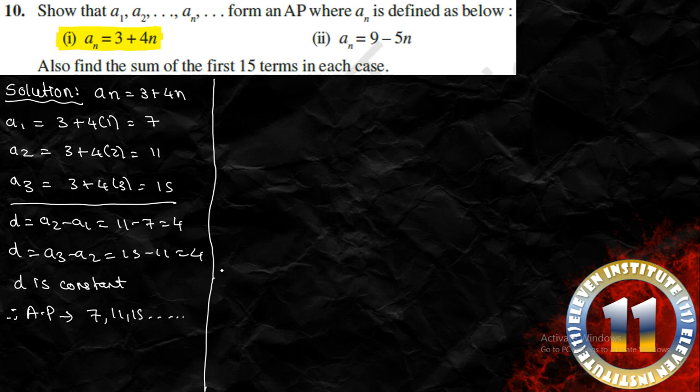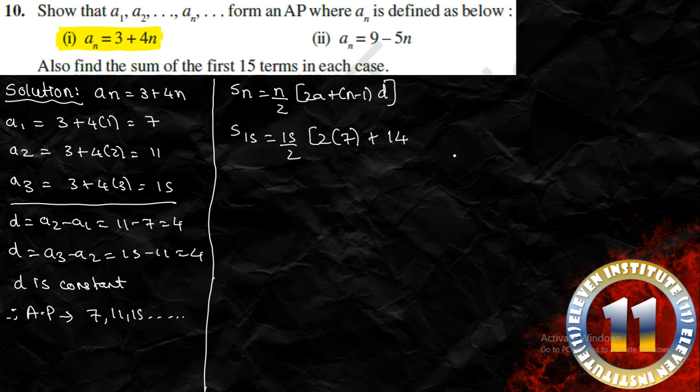You can find that in two ways. Find the 15th term and use the formula Sn is equal to n by 2 into a plus an. If you don't want to do that, use the normal formula of Sn. What is the normal formula of Sn? Sn is equal to n by 2 into 2a plus n minus 1 into d. So instead of n we can write 15 over here. That will be 15 upon 2. Here instead of a we can write 7 plus 15 minus 1 we get 14 over here, and instead of d we shall write 4.